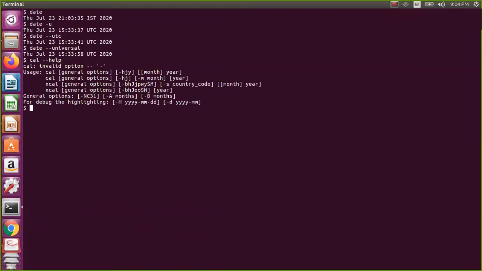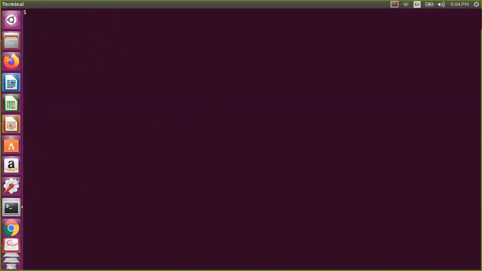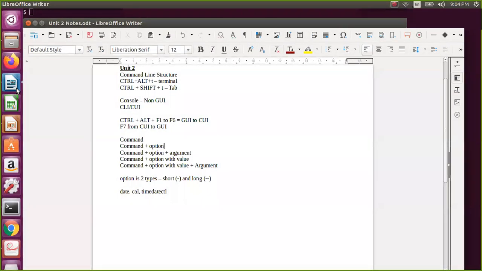If you see the help, there is no long option for these. So some commands may have both short and long options, some may have long options only, and some may have only short options. It depends on the command, so you need to refer to the documentation for the complete picture.